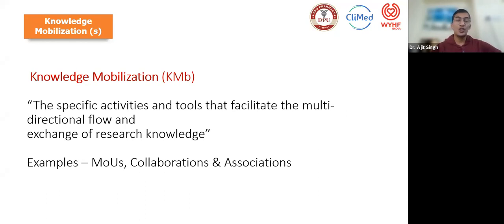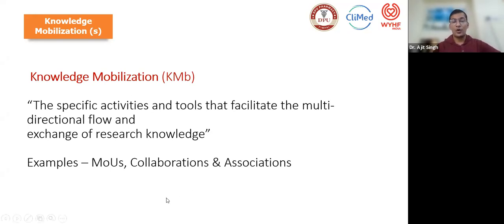So these things you have to mention in the grant proposal. You have to mention how you are working on these three terms. Sometimes they specifically ask, when you are talking about the institution, talk about knowledge mobilization, translation, and dissemination. So these are important terms to include when you are writing the institutional support in your grant proposal. Understand, guys? This is very important.